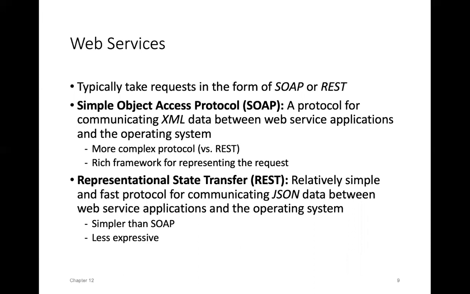REST is representational state transfer. What does that say? Relatively simple and fast protocol for communicating JSON data between web service applications and an operating system. So simpler than SOAP and less expressive. So just remember that SOAP is a protocol for communicating XML, and REST is a protocol for communicating JSON data between systems and applications. Okay,